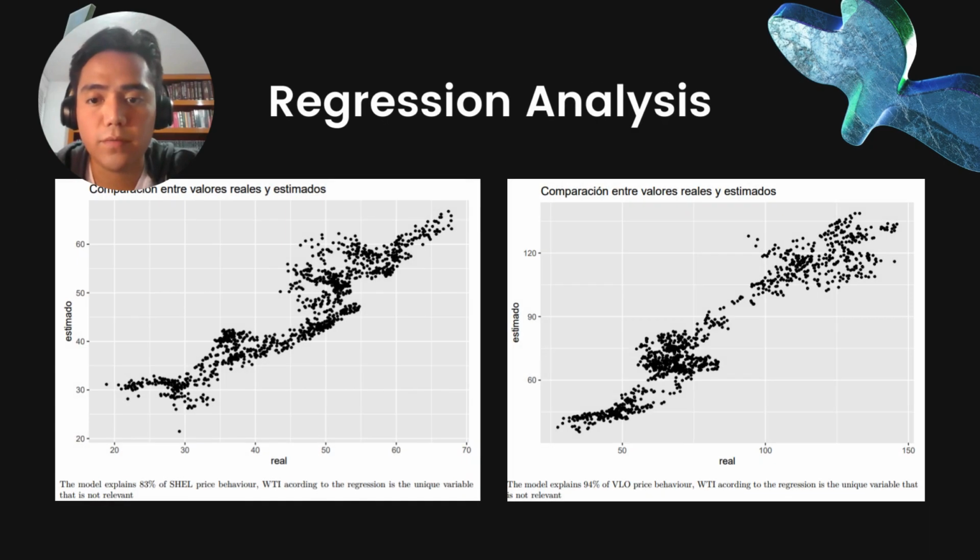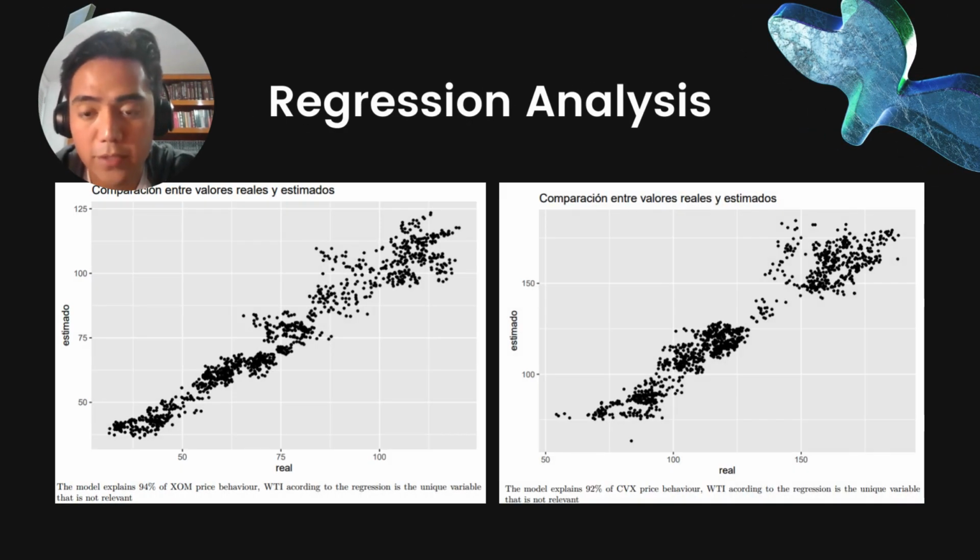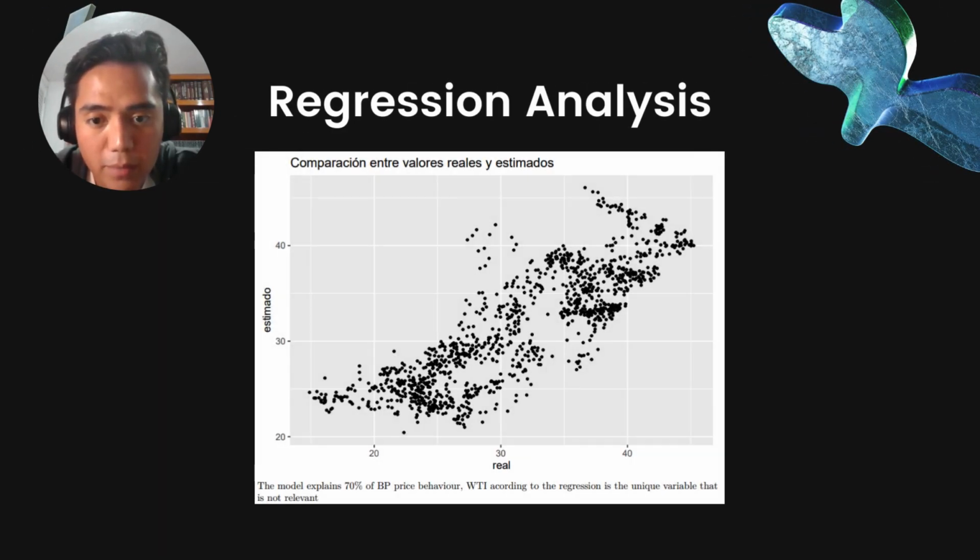As we can see here, we have the results of our regression analysis. We have an adjusted R-squared range of 92% to 95% for almost all our variables. Here we have the example of Shell and Valero. For example, for ExxonMobil, we had 94%, and for Chevron, we had 92%. And finally, for BP, we had 70%, which is probably the lowest that we had so far with the regression